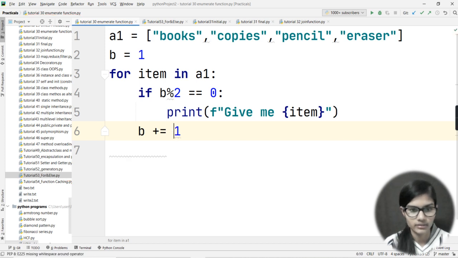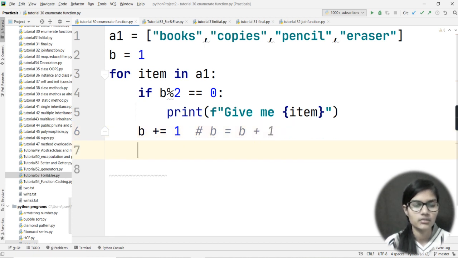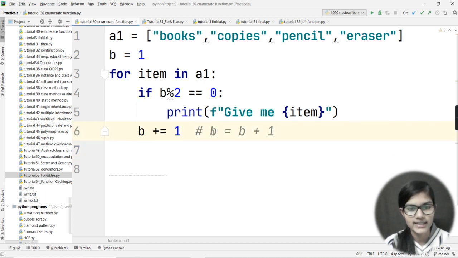If someone writes b plus equal to 1, that just means b is equal to b plus 1. This is the use of assignment operators, a short form for writing the longer one. So this is done, and this is the program which I have just written here, right?